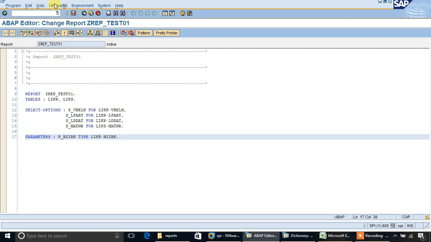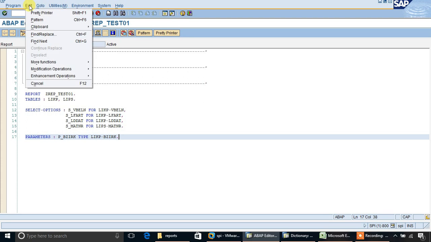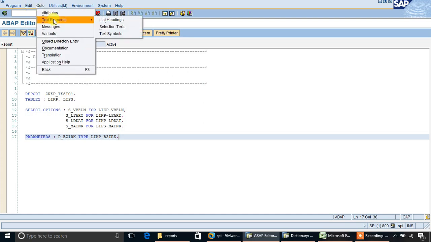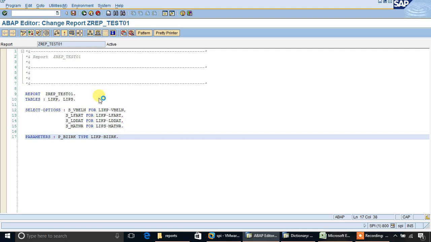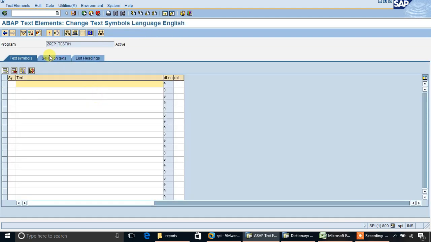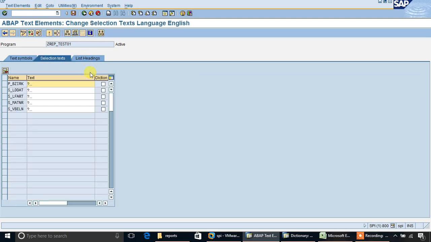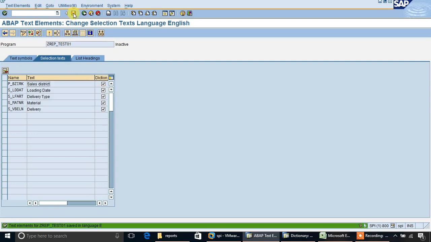Select Go to, then Text Elements and Text Symbols. Go to the Selection Texts tab. Here you can change the text of the select options and parameters, or simply click on Dictionary so that it takes the name from the data dictionary.